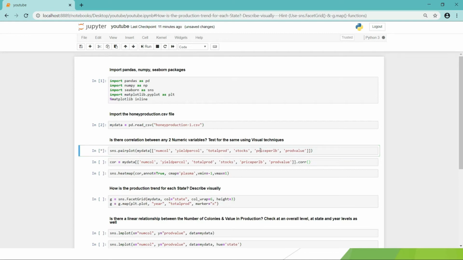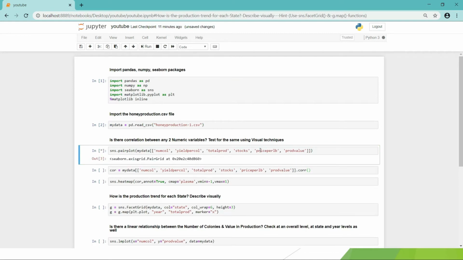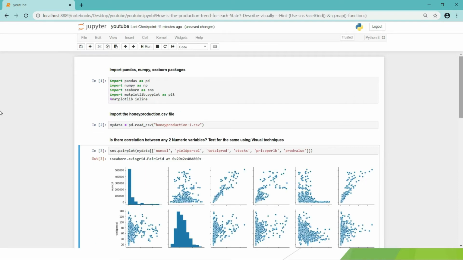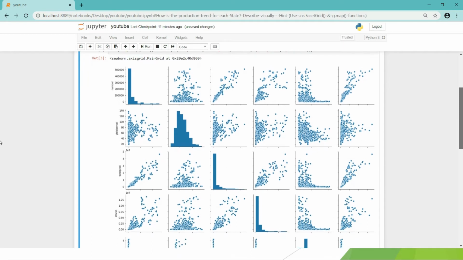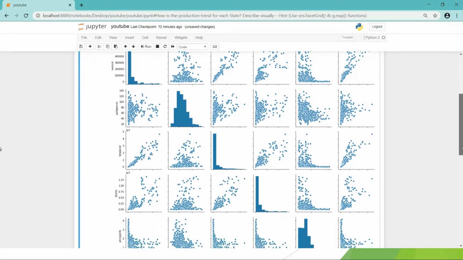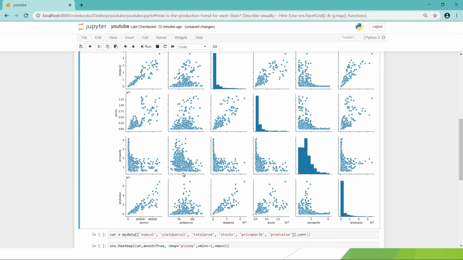I ran it, and it takes a few seconds to come up. See, this is the complete correlation plot that you are able to see in one go in terms of scatter plots. If we see over here, production value compared to number of colonies seems to be highly and positively correlated, because there is a positive trend that it is following.